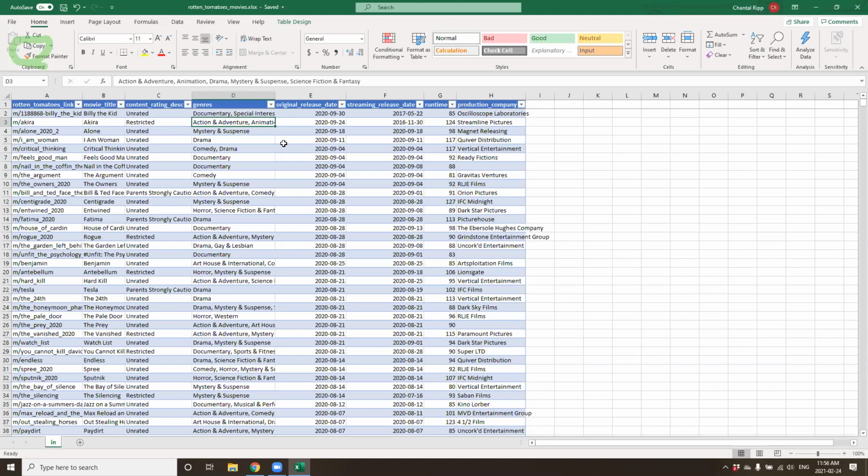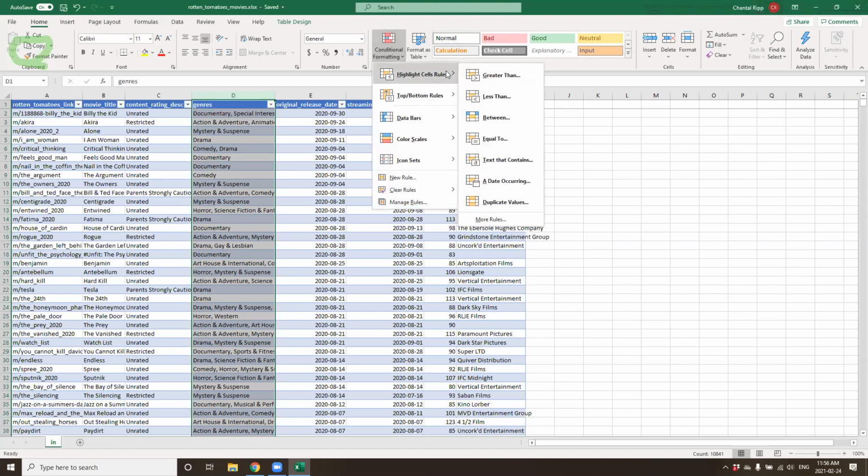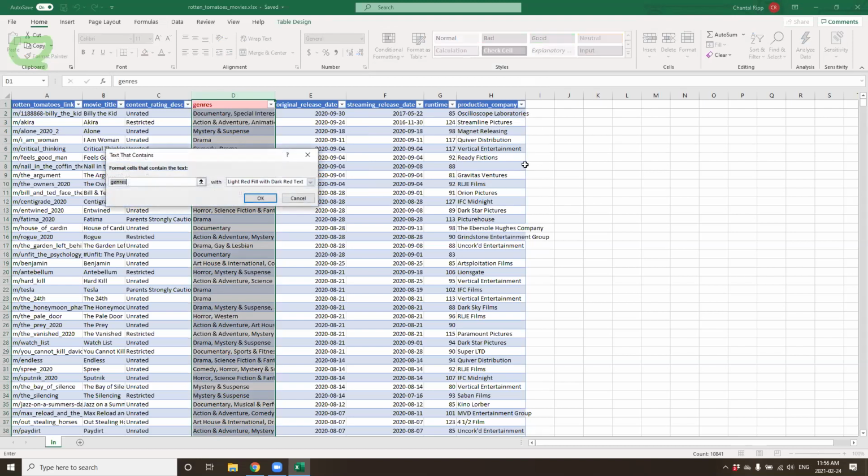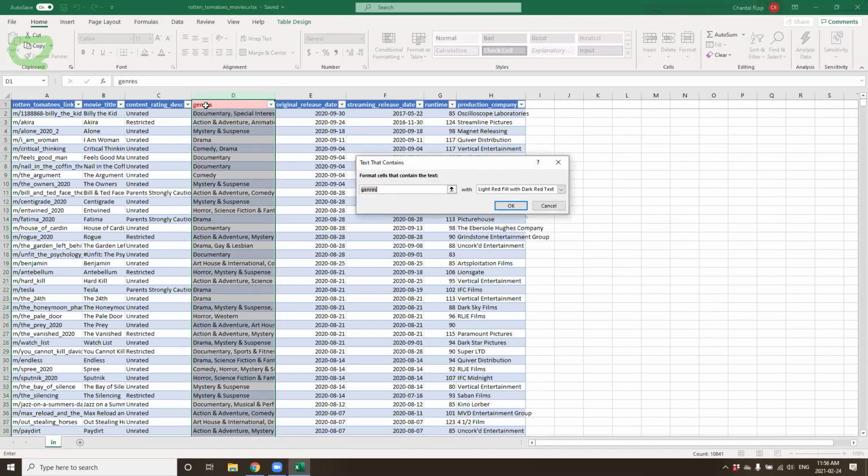Well, I'm interested in maybe using conditional formatting to identify cells that would have the genre identified as action and adventure. I can click on conditional formatting, text that contains, and here by default it's going to find the first word, but I'm interested in action.